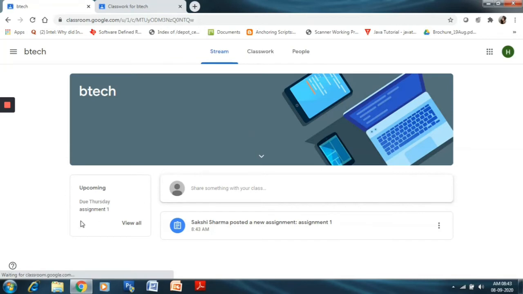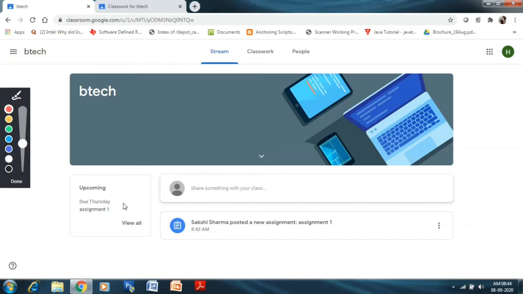Once you are back here, you can see in the upcoming tab on your left of the screen there is something which you can notice here. It says due Thursday, assignment 1. So you have an assignment, students can see it from here.